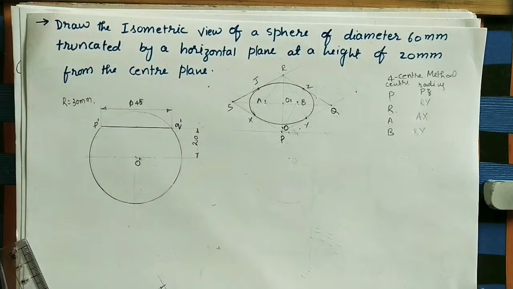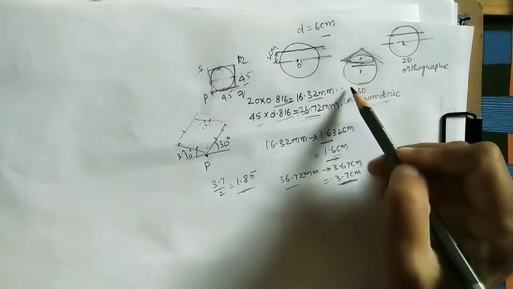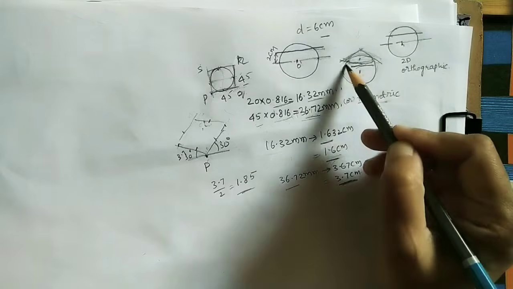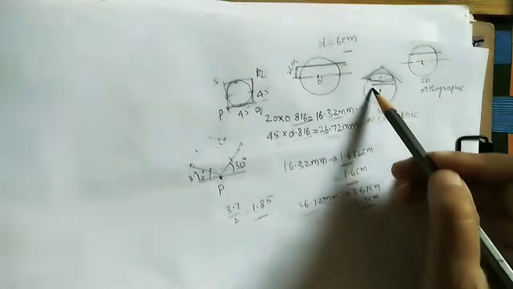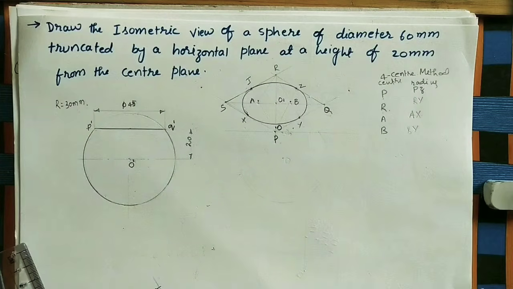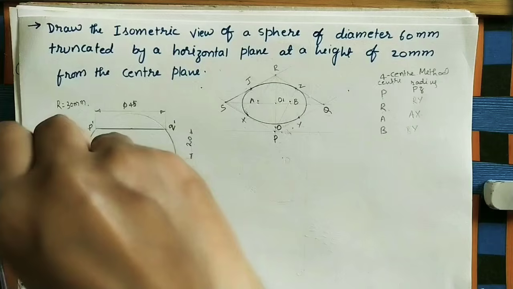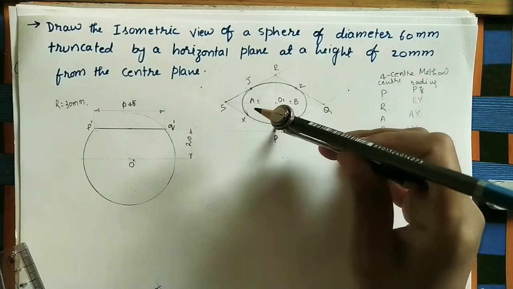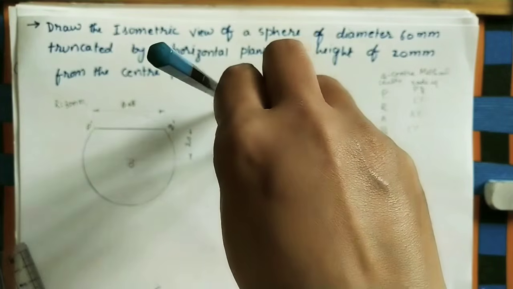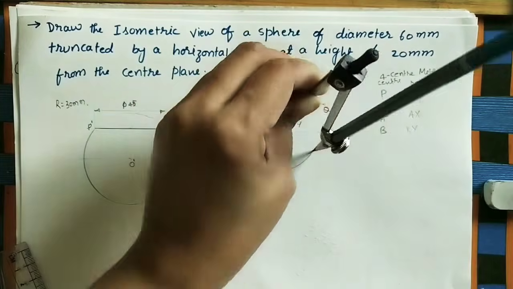Now after getting the center, we have to do the remaining circular one. The remaining sphere is as it is. Here it should touch this circular part and here the circular part. We have to draw one circle here with this as center. How much radius? The radius is nothing but the given radius of the sphere, so it is 3 centimeters. Using the compass, with O as center, take the same radius and do the remaining sphere wherever it is touching.